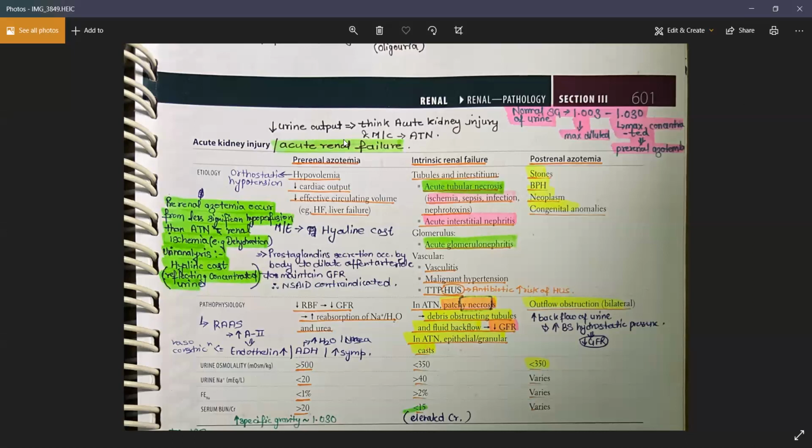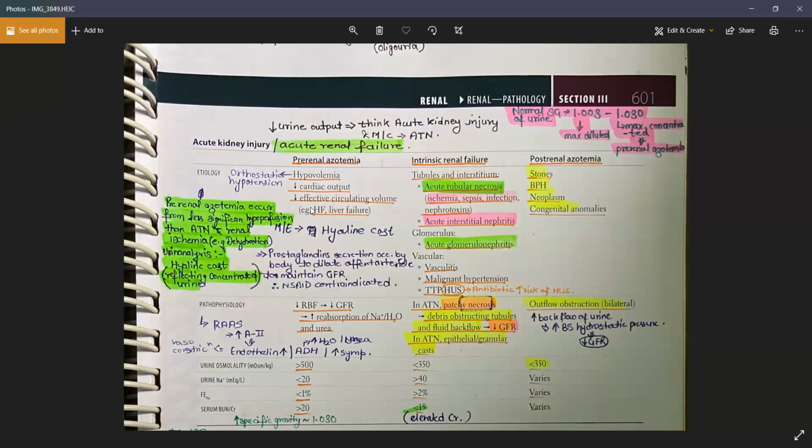So in all the conditions, whenever you are having a pre-renal azotemia, they will always mention that the patient is having a hyaline type of cast. Okay, it happened because of a dehydration. If the dehydration becomes severe, if all of these causes become very much severe, they all can cause an intrinsic renal failure also, because in all of these causes, the kidney is overcoming somehow by increasing the RAS, by increasing the ADH. Okay, the kidney is trying to manage somehow.